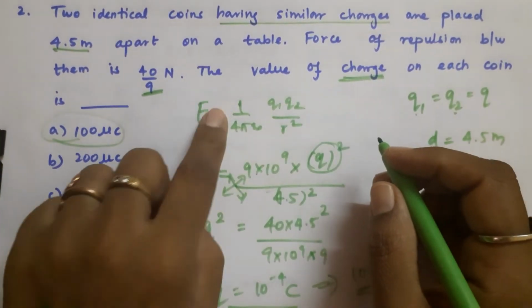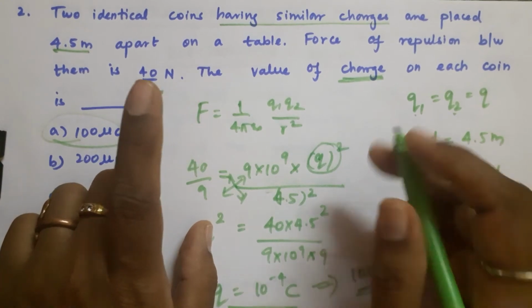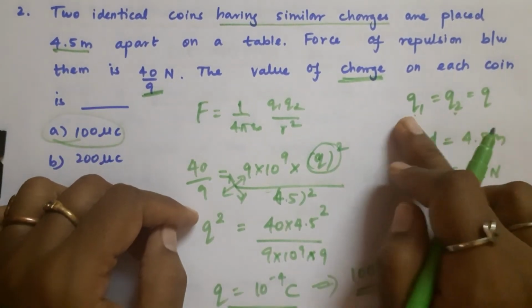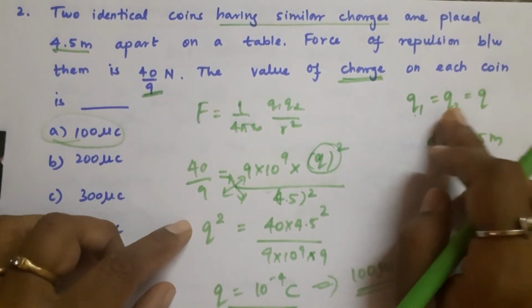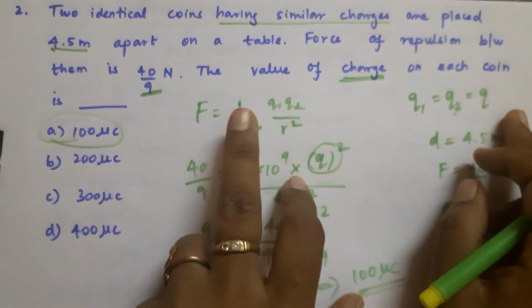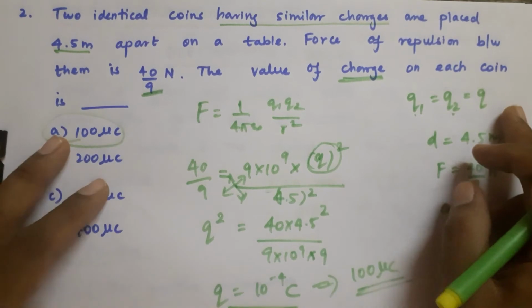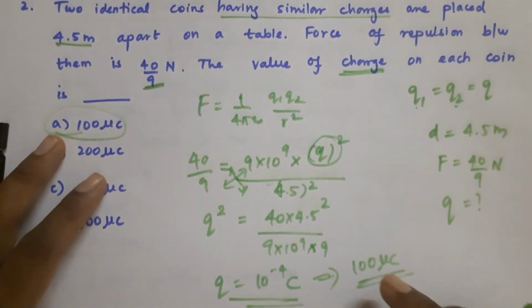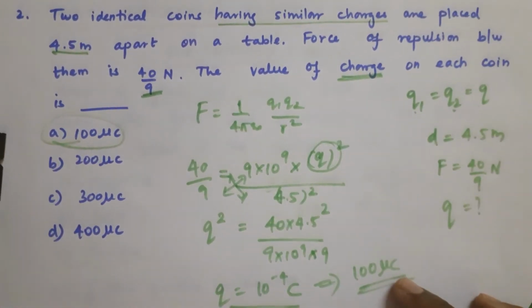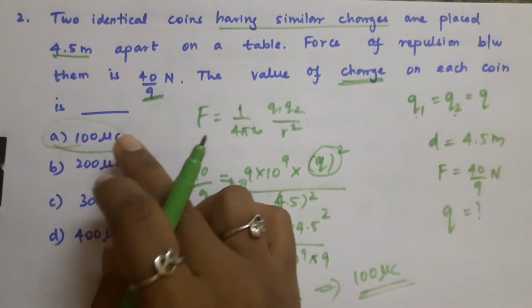By using the formula, the formula we will be taking for this is Coulomb's force between them. So Q1 equals Q, Q2 equals Q. So we will be taking Q instead of Q1, Q2. So when you do this, Q into Q will become Q square. So the final answer when you substitute using this formula is 100 mu C. Yes, we have 100 mu C in the A option.